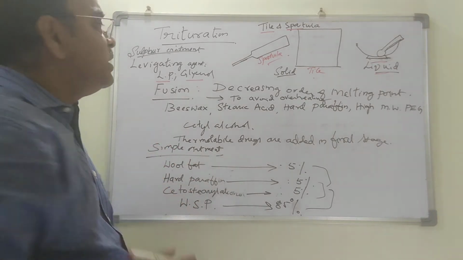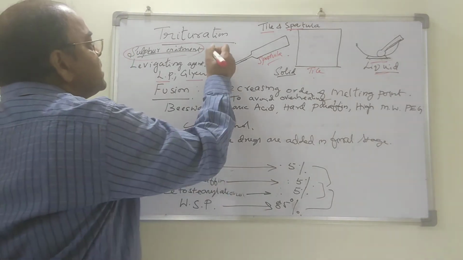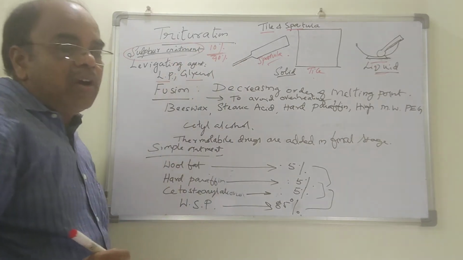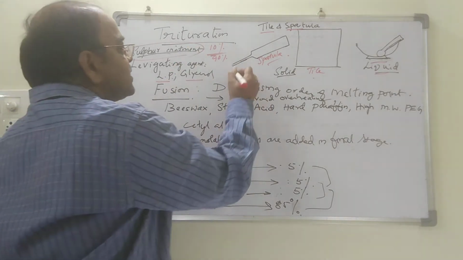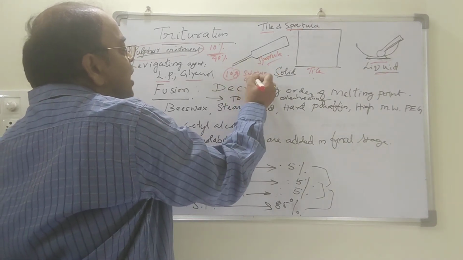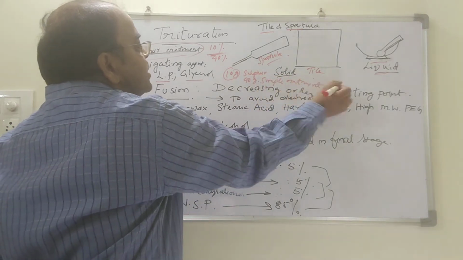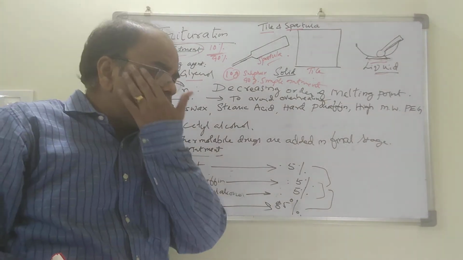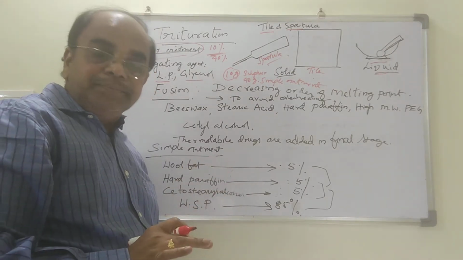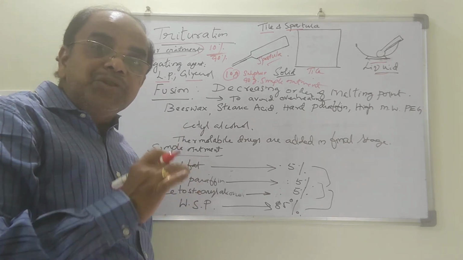Let us see one simple method, the preparation of sulfur ointment. Sulfur ointment contains 10% sulfur and 90% simple ointment. For example, let us take 10 grams of sulfur and 90 grams of simple ointment. We have to mix these two. Simply, what we feel is: take 10 grams here, add 90 grams here, mix it thoroughly. Not like that. We cannot get uniform mixing of the drug. So what do you have to do? We have to go for the geometric dilution method.